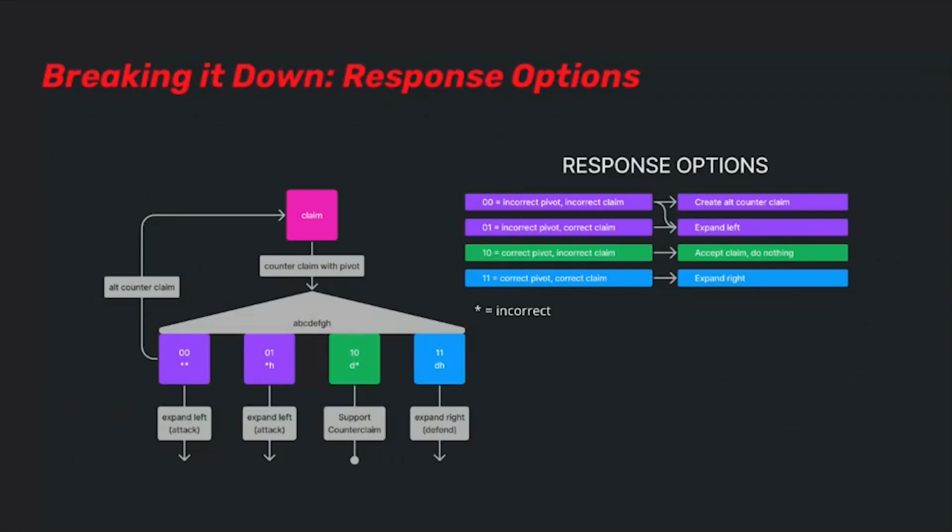And so we can kind of see, if we have this 8 instruction trace, this basically means you agree with nothing. This means that you agree with everything before H. This, you agree up to D and then disagree with everything past it. And this basically means that you agree from D to H, right?